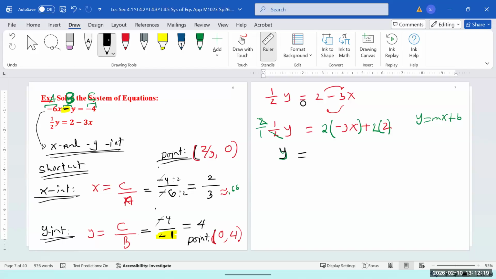And what do you get for the x? The coefficient for x is what? Plus 4. So this is our slope. And this is our y-intercept. So y equals 4 as a point, it's 0, 4. And slope is -6, m equals -6. But we don't want a whole number. We want a fraction because we want to graph the slope and y-intercept. So how can you make -6 a fraction?